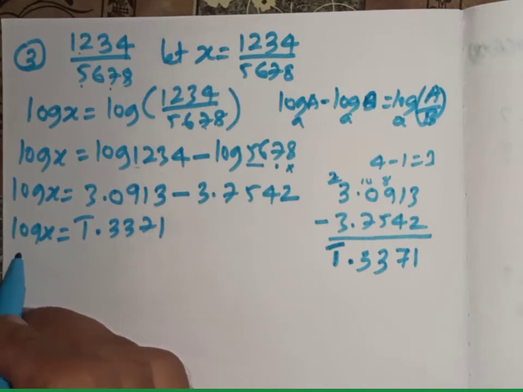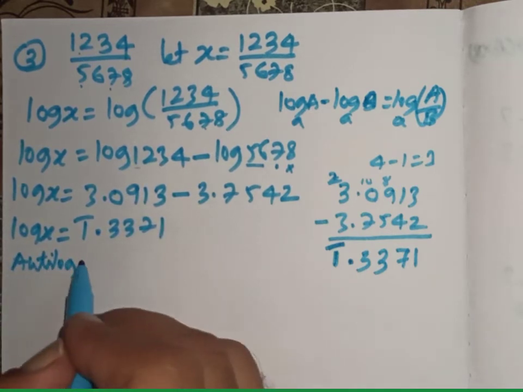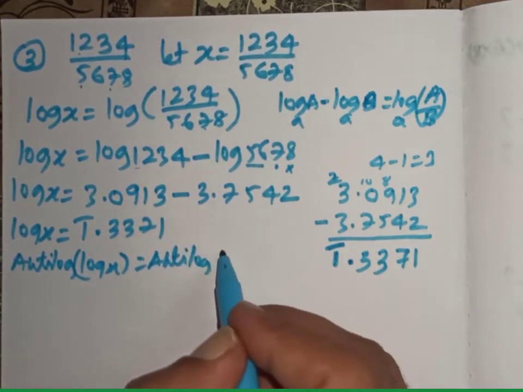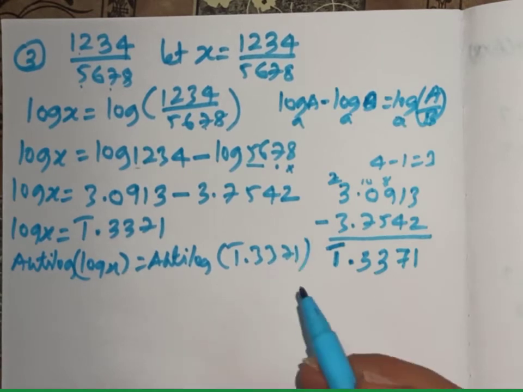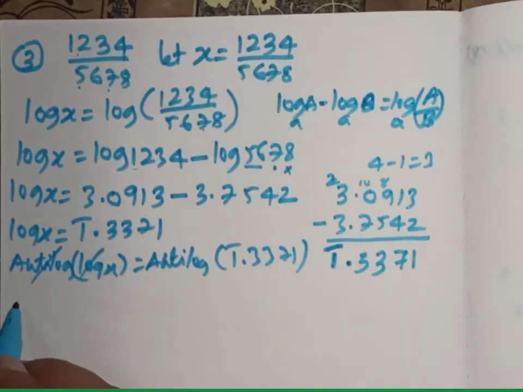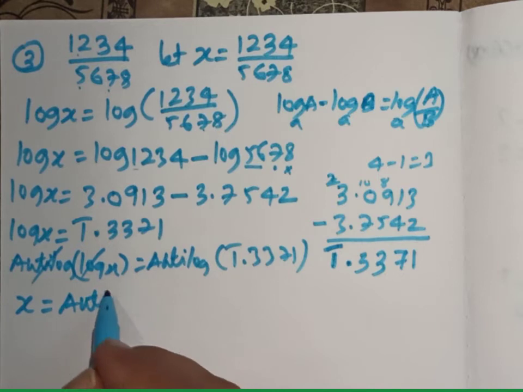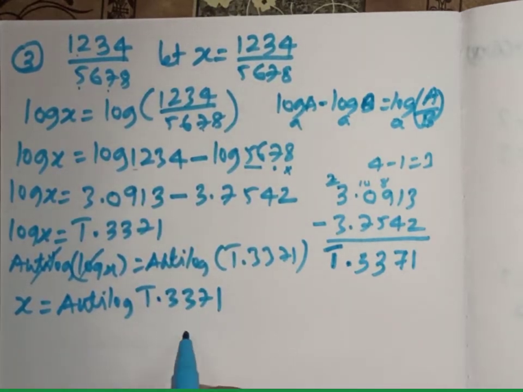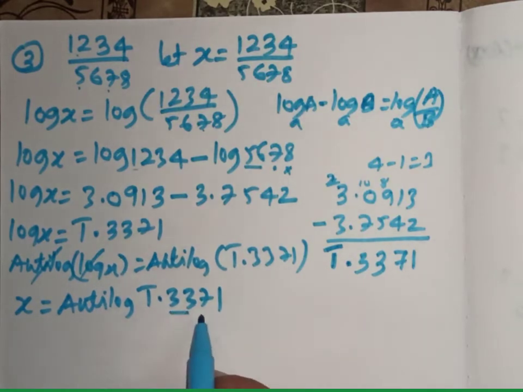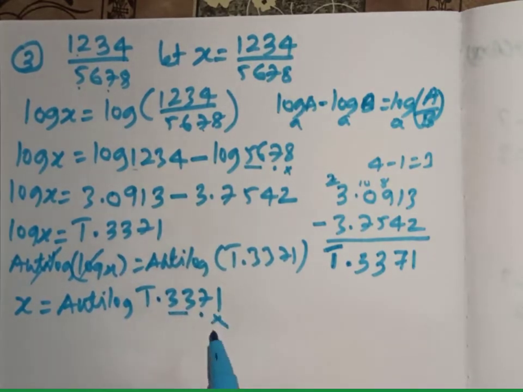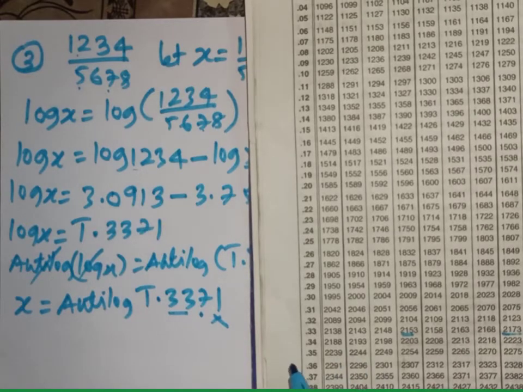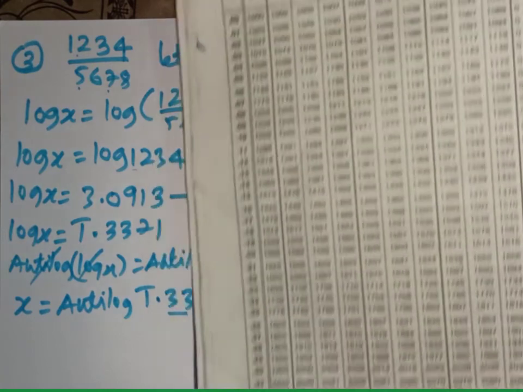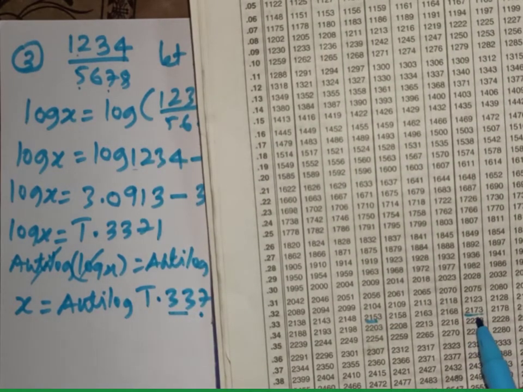So it will be something like anti-log of log of x. So this anti-log and log cancel, and we get x is equal to anti-log of bar 1.3371. Okay, so we use the log table and find the anti-log of 0.3 under 7, mean difference 1. Thus we try to find 0.33 under 7. You can see under 7, that comes to nothing but 2173, and the mean difference is